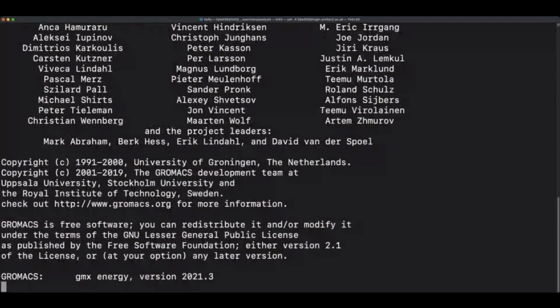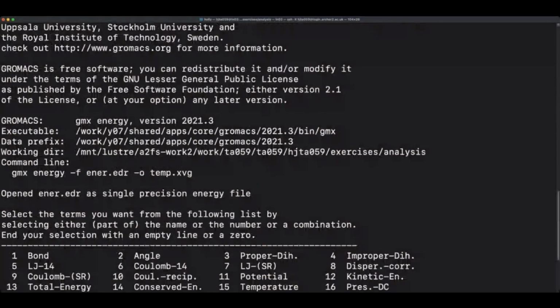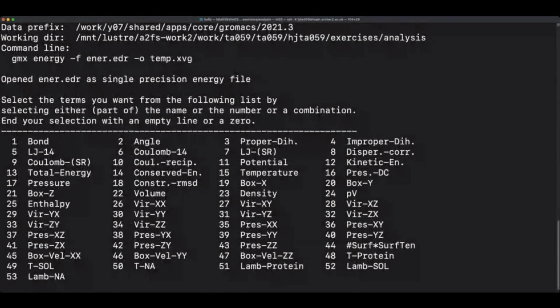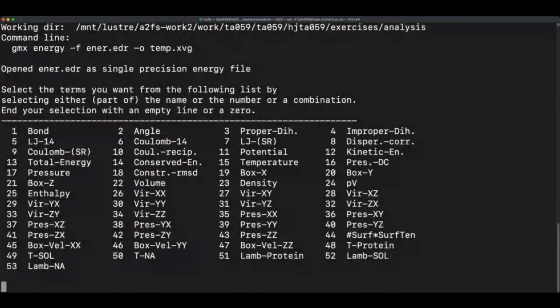Now, if you run this command, you'll see that you have a lot of options for different things to select: bonds, angles. Probably some of the most interesting ones are your potential energy, kinetic energy, total energy, conserved quantity, and temperature. So if you select a number here, that will be what's plotted. So in this case, if we want to look at the temperature,